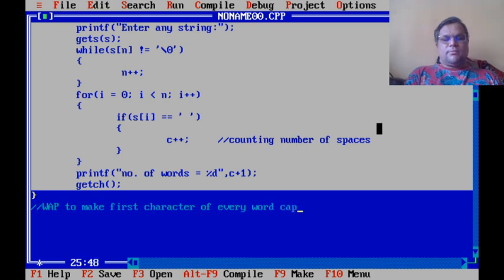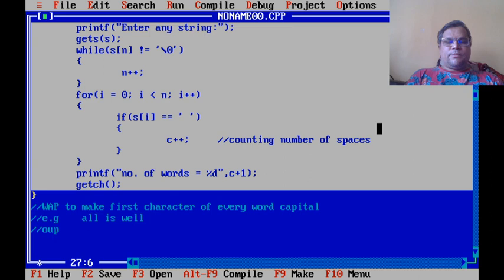So I will ask the user to enter any sentence. For example, if the sentence entered by the user is all is well, then the output expected by my program is A capital, first character of the word, space, then I capital, and then W capital.